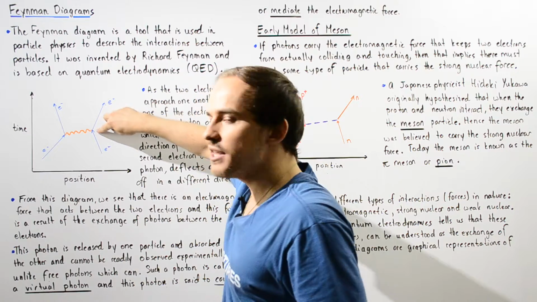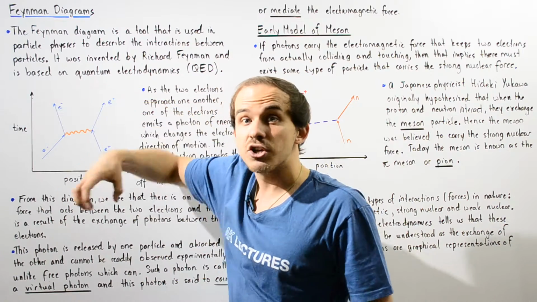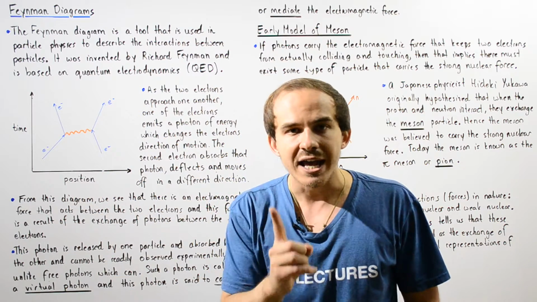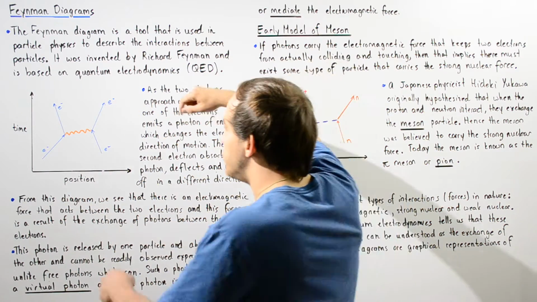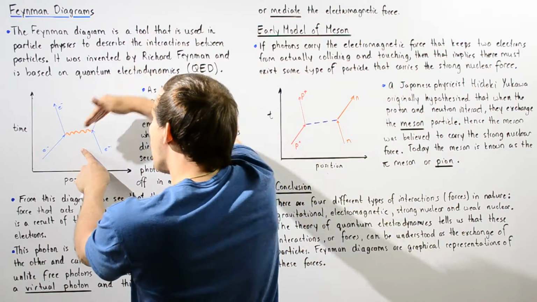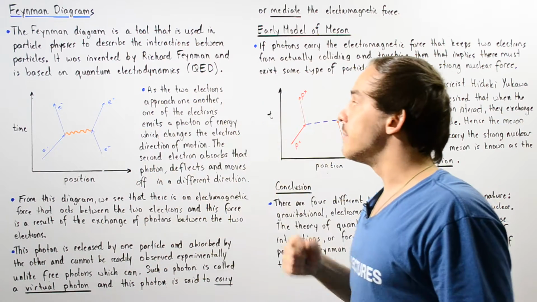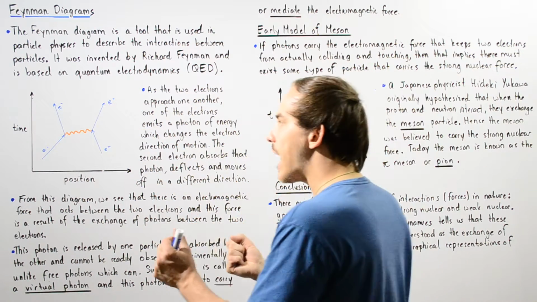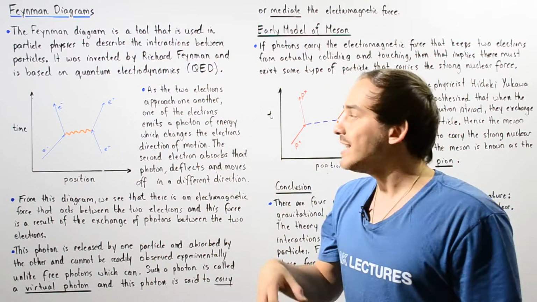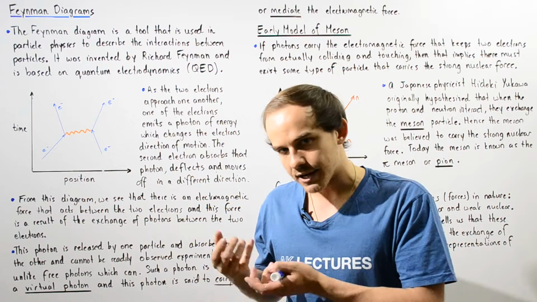Now, what happens to this electron at this moment? So basically, this electron gains this photon of energy, and when it gains that photon of energy, by the law of conservation of momentum, we know that the second electron will also deviate. It will also recoil and travel in a different direction. So we see that in quantum electrodynamics, the way that our two electrons interact is via a photon of energy, and we can think of this photon of energy as carrying this electromagnetic force.